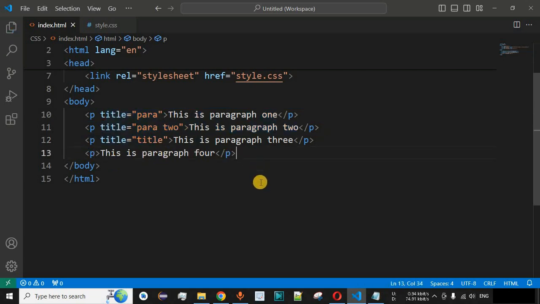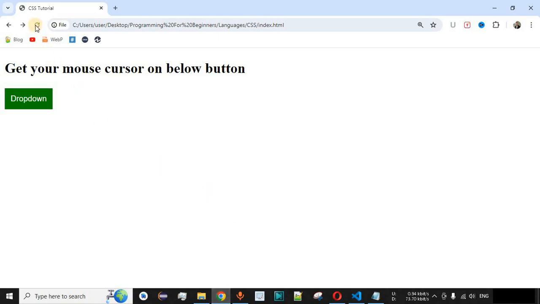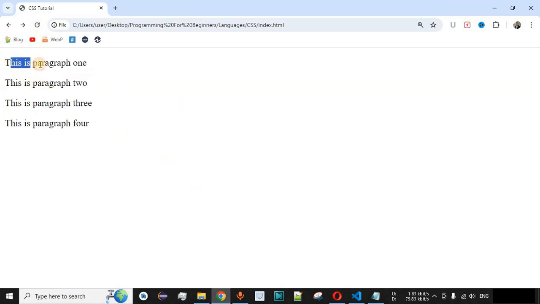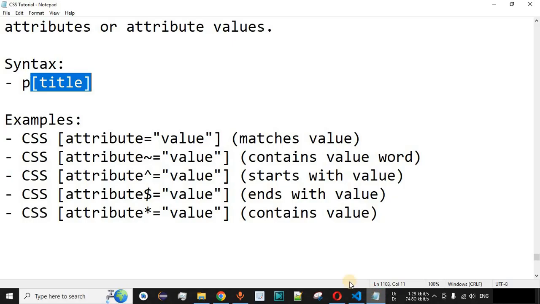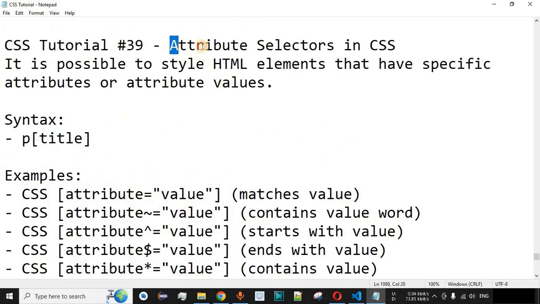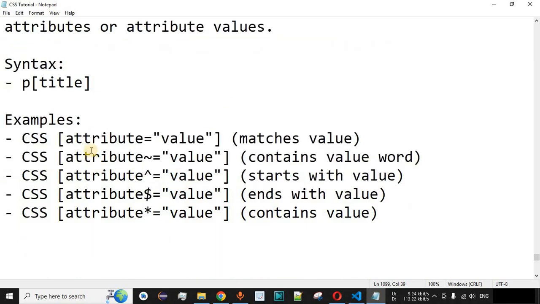Now guys, let me just save this file now and try reloading this page on the browser. So as you can see, we have all these 4 paragraphs that are getting displayed with the statements that we have defined inside the HTML files over here. Now guys, let's say we want to identify those paragraphs which are having the title attribute over here, and we want to have the background color as yellow for those paragraphs over here. So guys, in such a problem statement we can use the attribute selector over here and check whether the paragraph is having the attribute, that is title in this case.